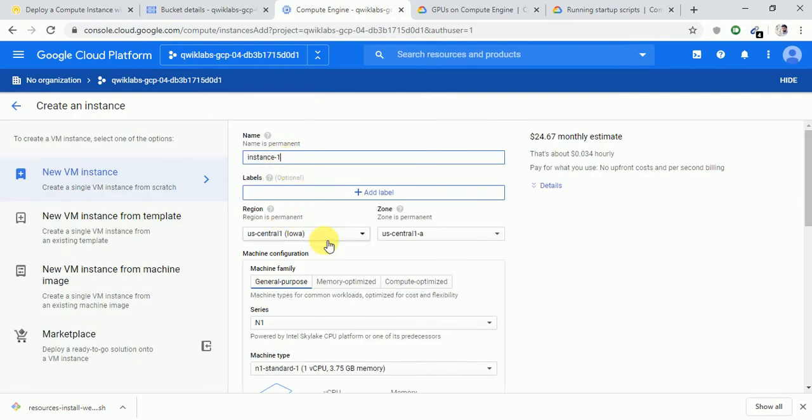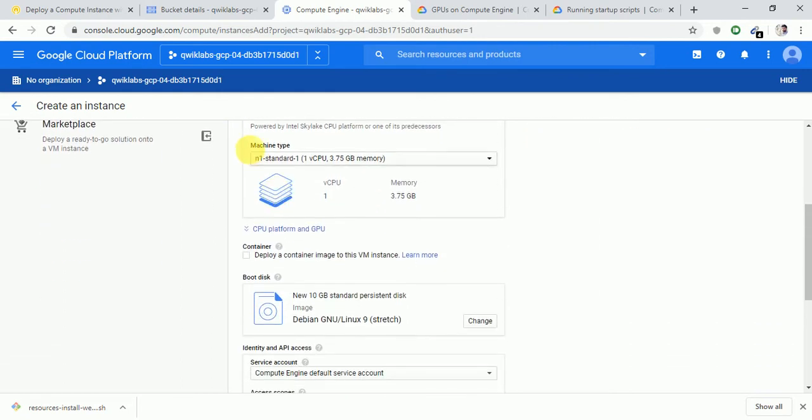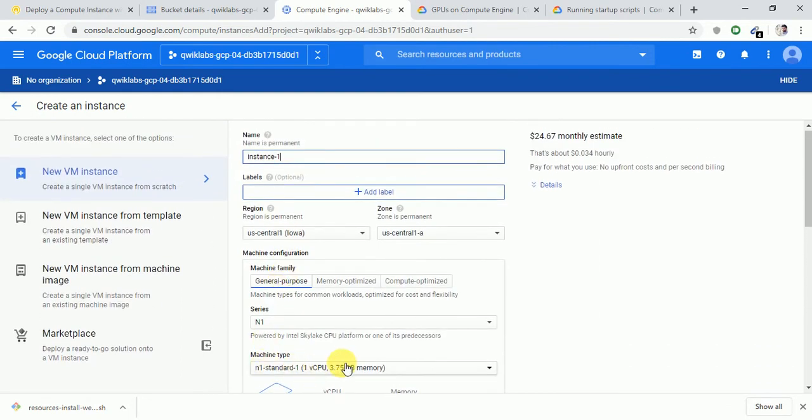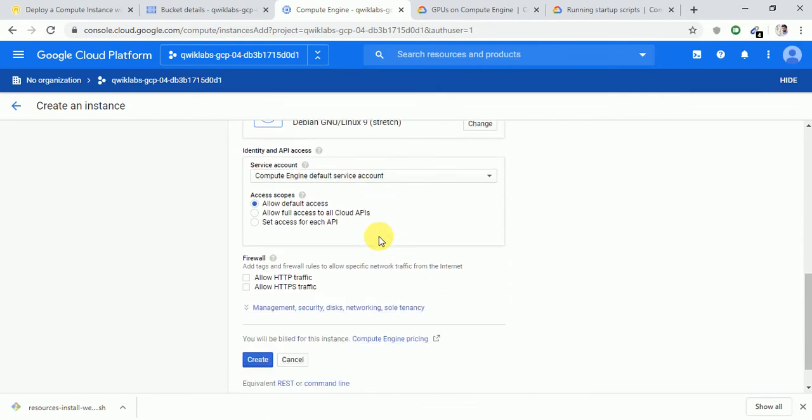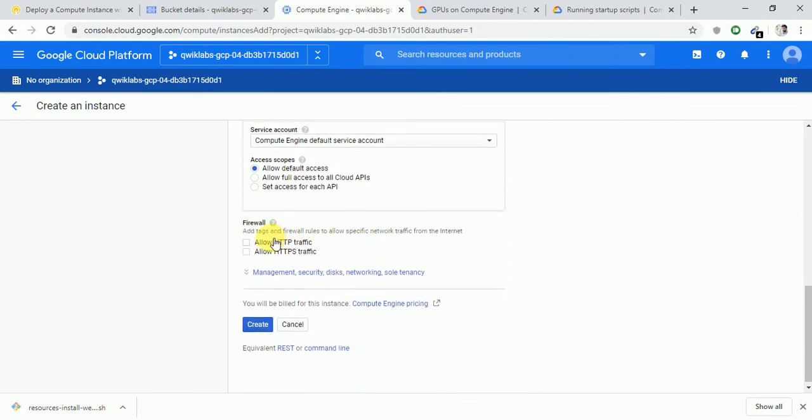Give an instance name. Choose region and zone here. Then I'm choosing machine as standard, and a Linux machine here. So these are the firewall rules. We can use these default things, or we can create a new rule in the firewall and give the tag here.